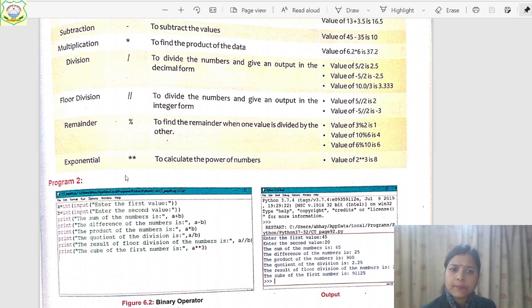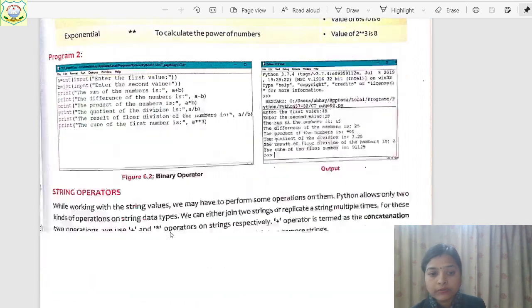And for using powers, children, a to the power 3, 7 to the power 4, the sign of exponent is this one, double asterisk, children. So some examples are in front of you.